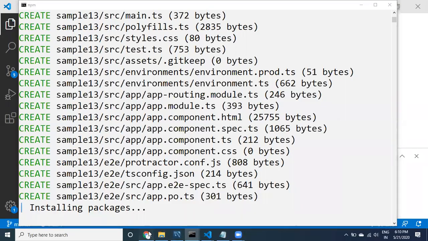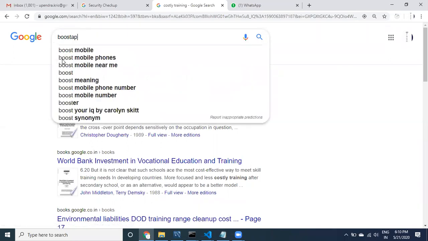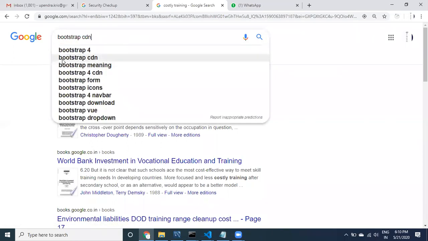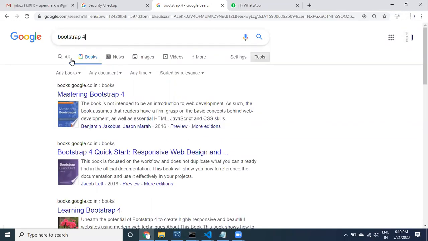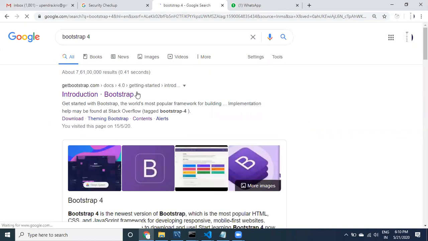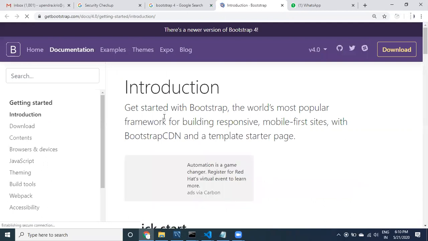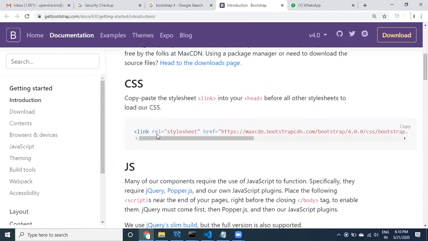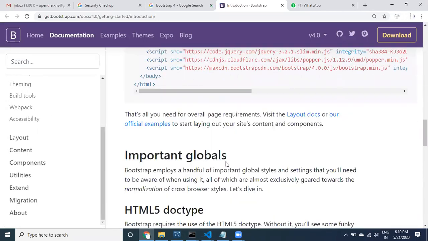Meanwhile, what we can do is search for Bootstrap. Bootstrap 4. You can go to Bootstrap 4, and then go to all. Here in Bootstrap 4, you can see different types of UIs. See, these are the different things available. You can check it out.